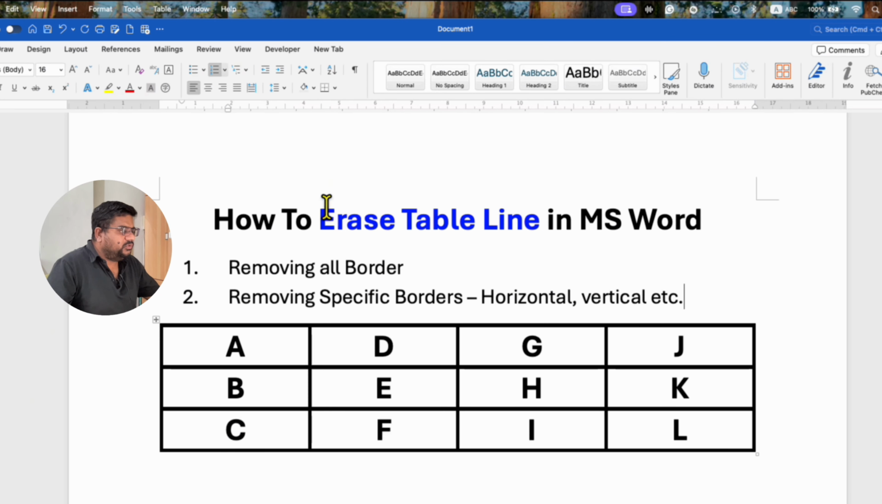In this video, you will see how to erase table lines in an MS Word document. We will see how to remove all borders and remove specific borders, like horizontal or vertical, in a Word table. Let's get started. So first, you need to click on the table here to select the table, and then you